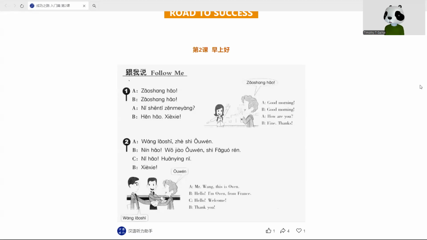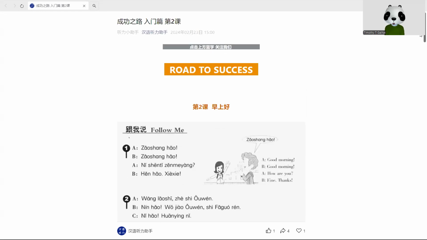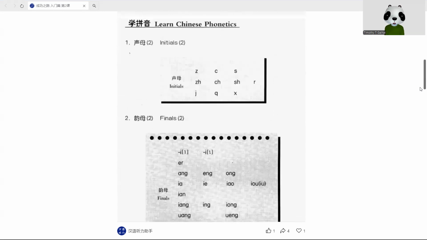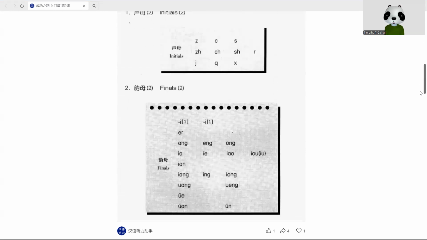Hi, so today we're going to be moving on to lesson two. We are on DR Core. So this is lesson two, Road to Success. Today we're going to be starting with the initials and the finals. So we have